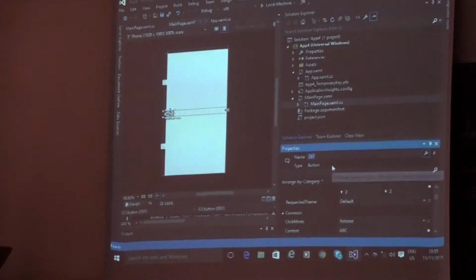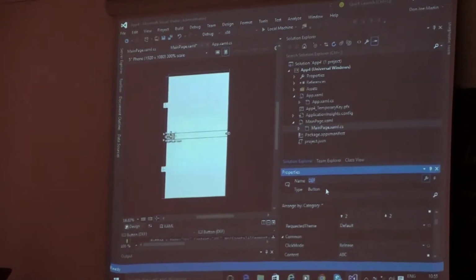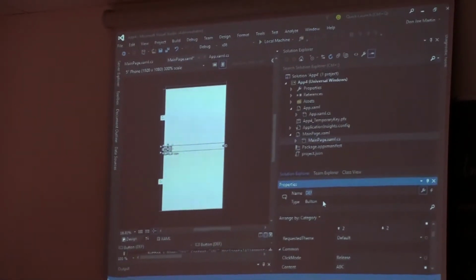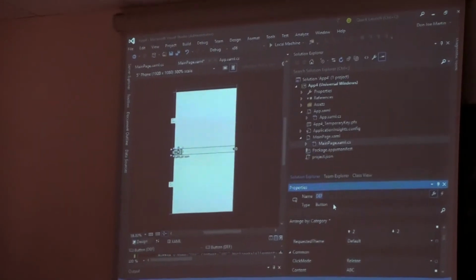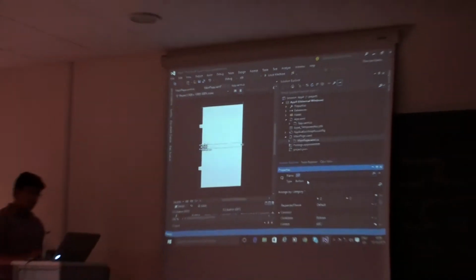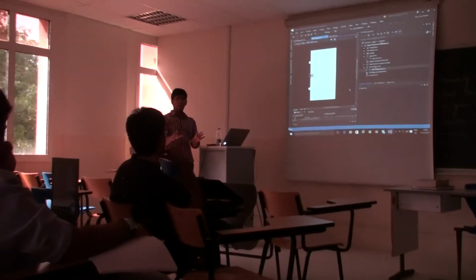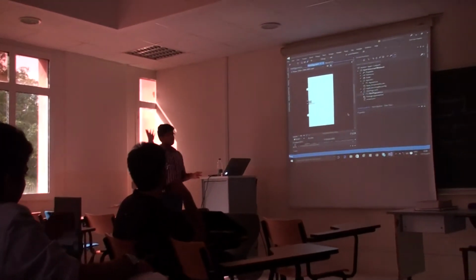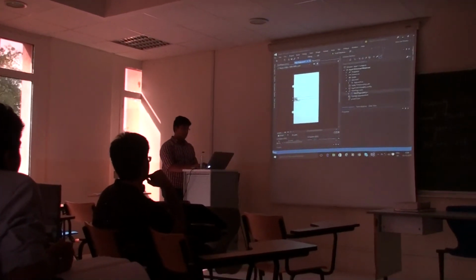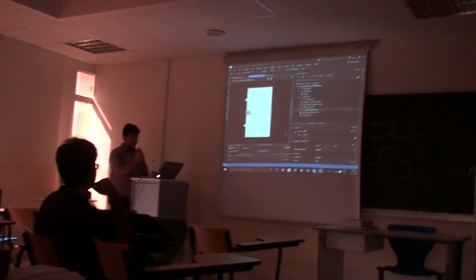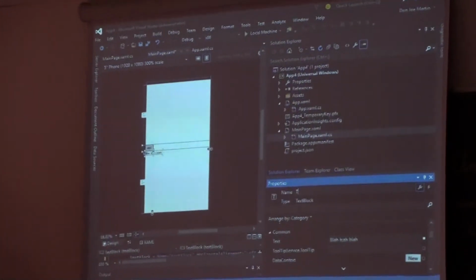So that once I keep using it, once I'm playing with it, I don't get confused, because once I have 5 or 6 buttons, they'll be called button 1, button 2, button 3, button 4, and then I'll be wondering which button does what. You shouldn't do that because that would be very bad programming on your part. As a developer, it's not expected that you are the only one working on your code. You're going to have 5 or 6 people working on the same bit of code and they need to understand what exactly each button does or what it leads to. Right? So I give it a name called DEF, and the text block I'll give the name DB. Okay?